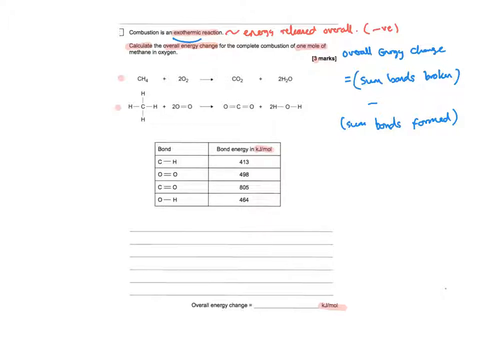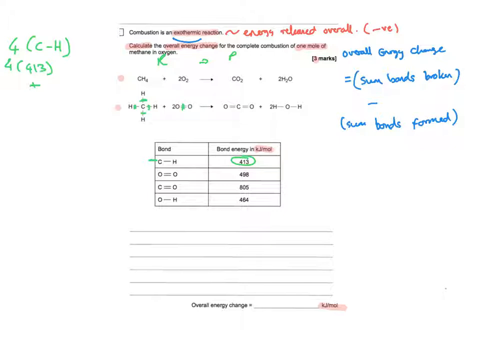So first thing I have to do to make this reaction happen is I need to break the bonds of the reactants and then form the bonds of the products. So I'll have to break this bond, this bond, this bond, and this bond. So that means I have to break 4 lots of CH bonds. Now it says here that the CH bond is 413 kilojoules per mole. So I've got 4 lots of 413